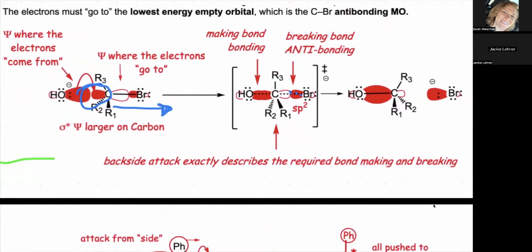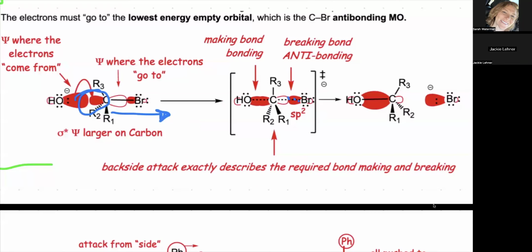But in this case, during substitution, you are making and breaking your bonds at the same time. So in order for it to work, your bromine will come off the, say, front, and as that's coming off, we see that with these little dotted lines, oxygen is coming in from the opposite side. That's why they call it backside attack. Front and back is relative, but that's what they're talking about in that sentence where it says